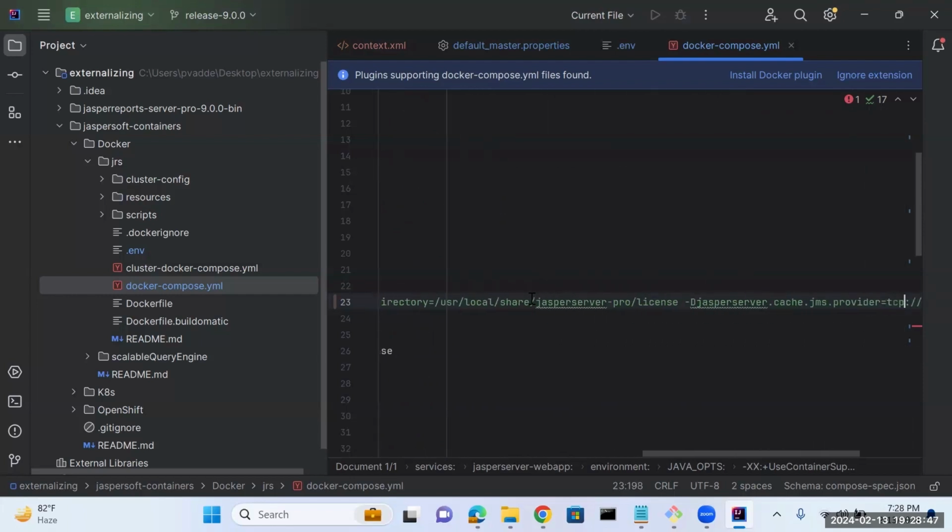Pass all the DB details which you passed in the .env file as arguments here: DB host, DB password, DB username, DB name, and DB port. All the things that you passed through the .env file, pass as arguments under Java opts